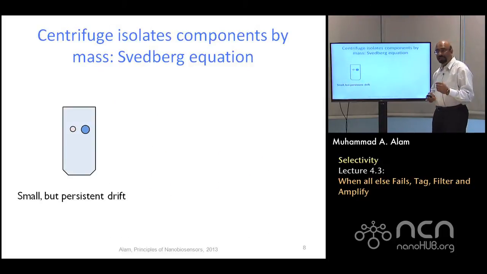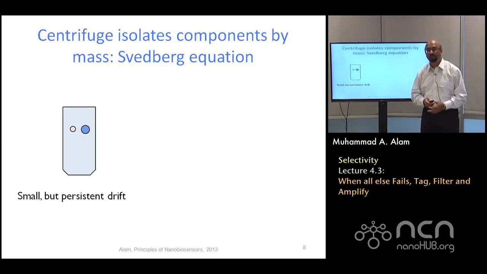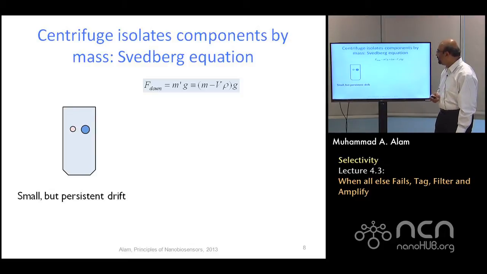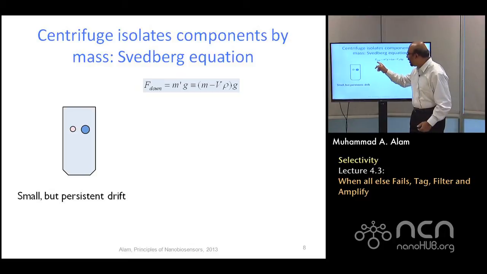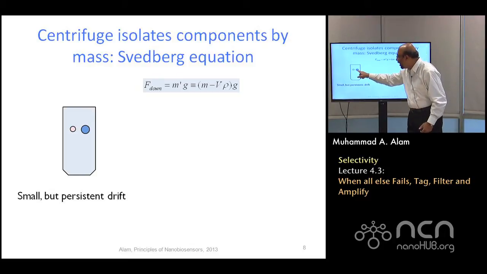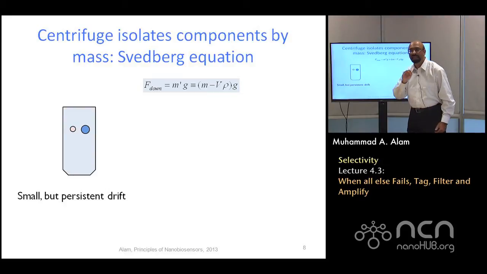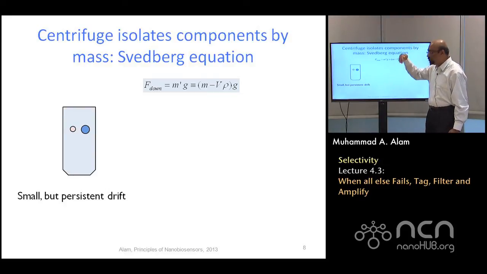So how does a centrifuge work? The centrifuge is actually a very interesting device because it will rotate at an acceleration of about 100,000 G. It's possible to achieve that high speed or acceleration. And the way it works is that, let's say you have two molecules, one protein a little bigger, and another one a little lighter, the white one. What would be the downward force? The downward force would be mg if it was in air.